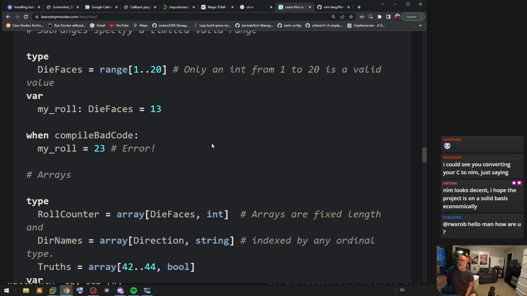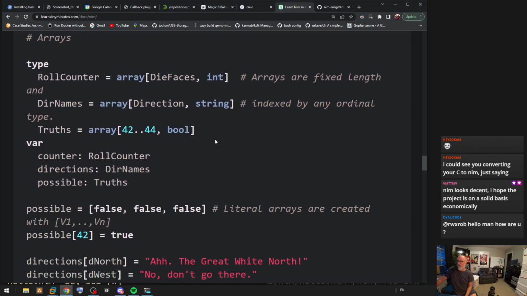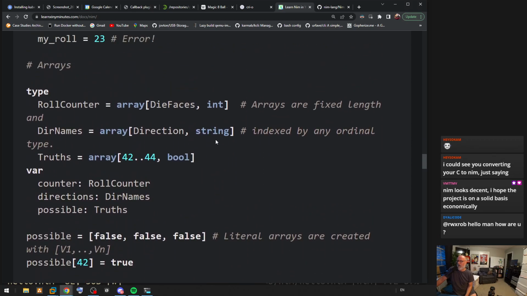How are you doing, Dialect Code? I'm really good. My wife just came home. We are just about done with this really quick initial look at NIM. Just to recap, the reason I'm looking at NIM,